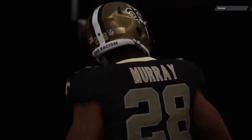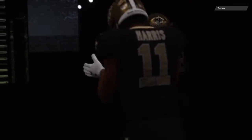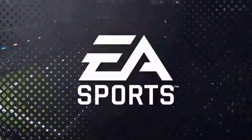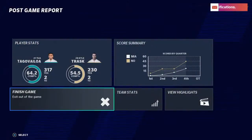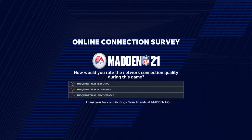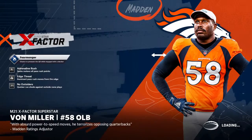So for New Orleans, they remain as hot as anyone, 6-0 now through the first month and a half. And they'll hit the road next week to take on the Dallas Cowboys. Meanwhile, for the Dolphins, they taste defeat for the first time this season as they drop to 5-1. And now they'll head to the bye week as they'll be back in action in